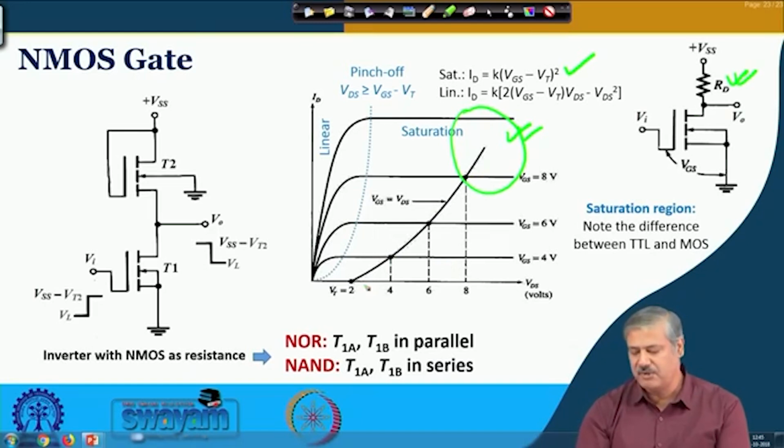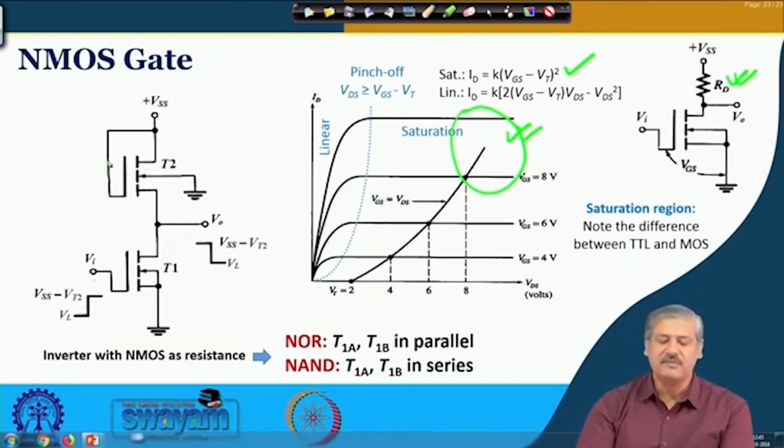You can see the current variation with voltage is approximately linear. So it is used instead of an actual resistor as a load, and it requires less space. And for NOR logic and NAND logic development using